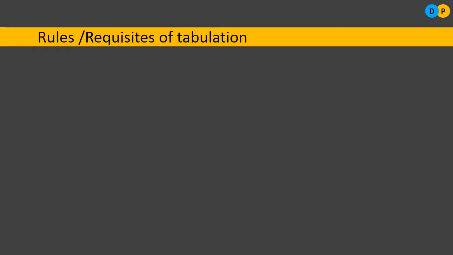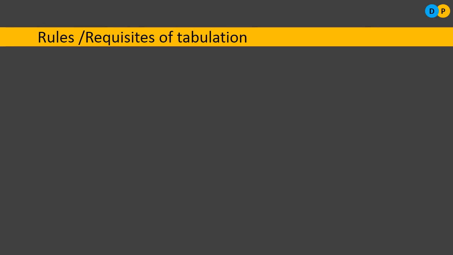So there is no hard and fast rule which says a table should have so many number of columns or rows, it should have such and such rule. No, no such hard and fast rules are there, but we will follow some general points so that the table will convey the information to a common man. So that's why let us understand what are the rules of tabulation which are required.